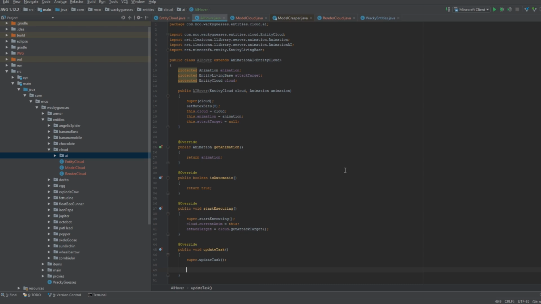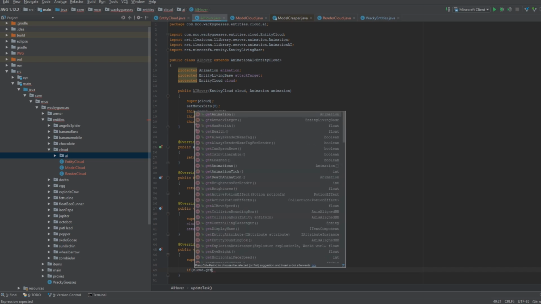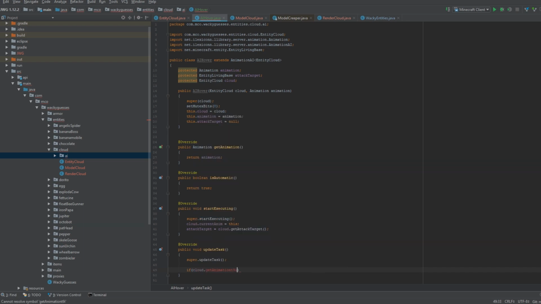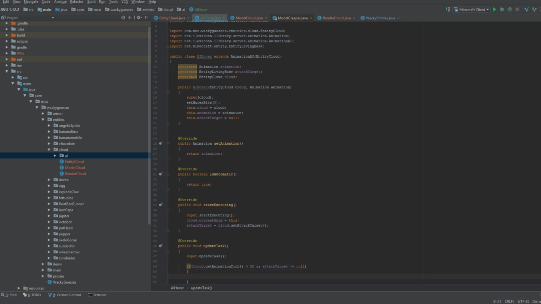Actually, you know what? We'll do 20 ticks, the whole second. So 20 ticks for it to hover up, so that will be handled in the model class. So if cloud.getAnimationTick is greater than 20, so after the first second has passed, and the attack target does not equal null, then we are going to have it summon down a bunch of